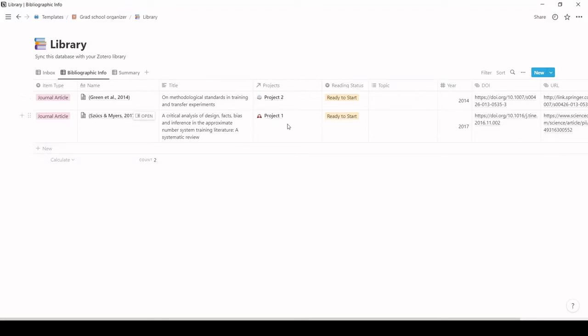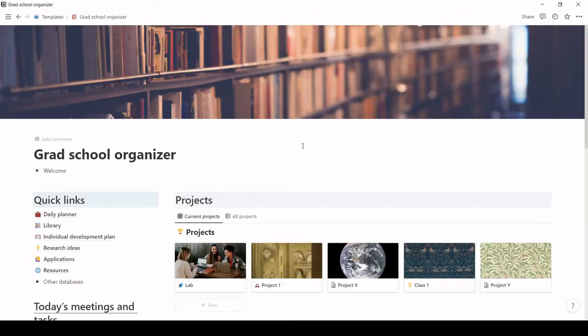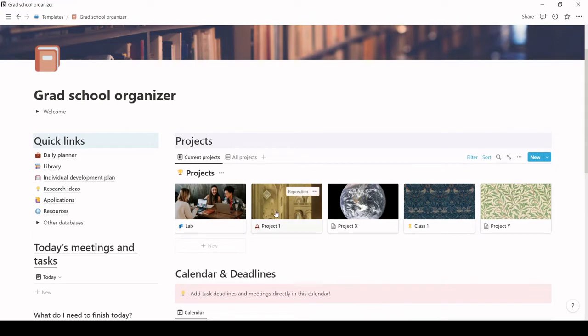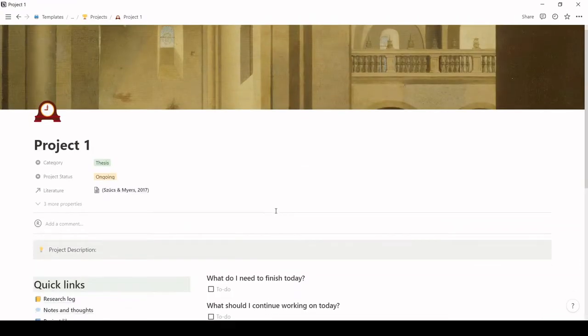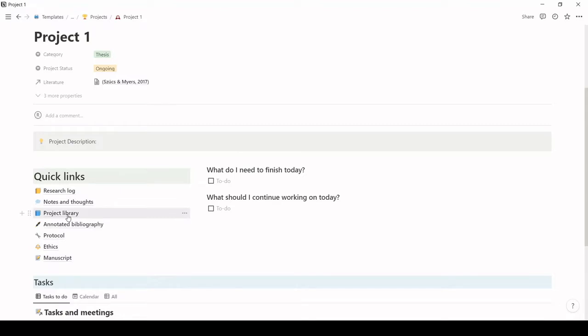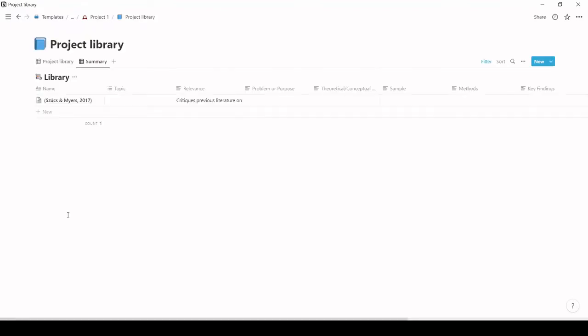Now, here I only have two articles, but you can imagine that as a grad student, we'll probably have over 100 articles in your library. So how do you easily filter out these articles depending on the project that you want to work on? Well, this is where the projects come into play. I'm going to go back to the dashboard, and here I'm going to select project 1. Each project will have its own project library that you can click on here. And this is essentially a filtered version of